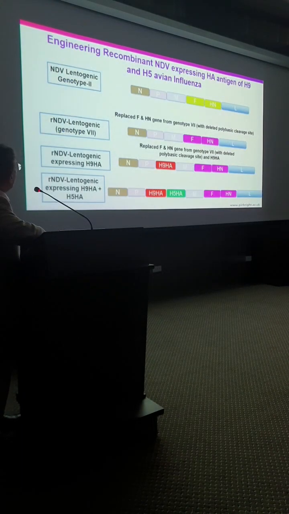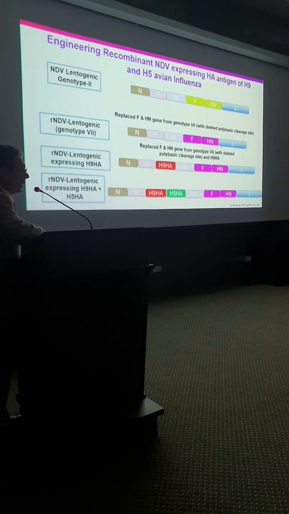We are also using Newcastle disease as a vector, and also how to generate a Newcastle disease virus which can be antigenic match to your field viruses. So what we do is, for example, this is a lentogenic strain like Lesotho, and the main antigens are F and HN. So from your local strain, you can see what is the homology of your local strain. So you can take F and HN and introduce them there, and then this virus is almost the same virus,